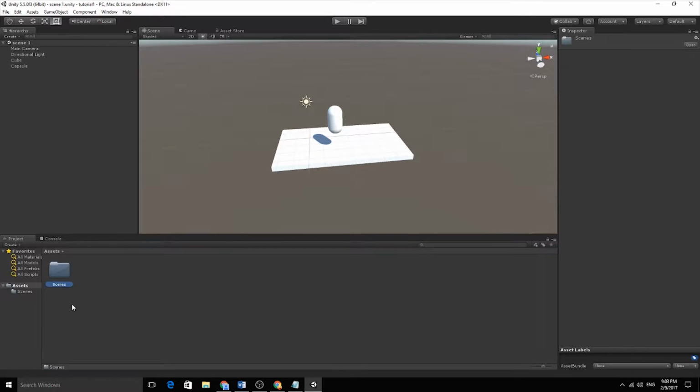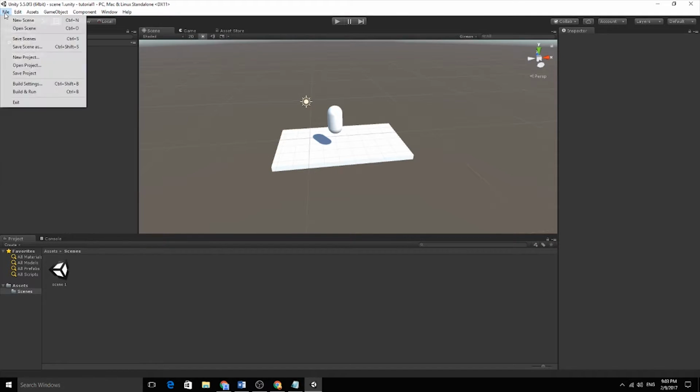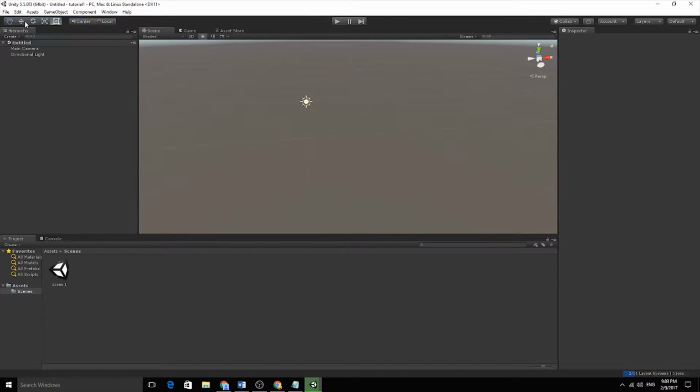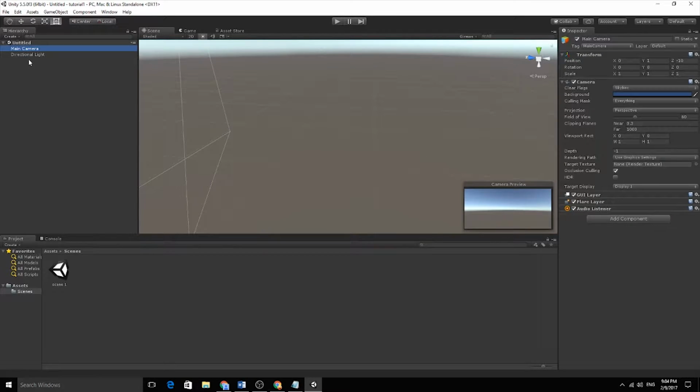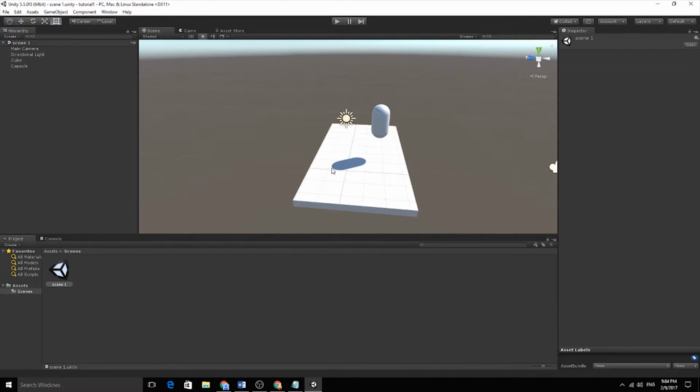So you can see that a folder just appeared in here. And if I go there, I will have my scene number one. So once we have this, we can just go to File and create new scene, and that's done. So we have a brand new scene with nothing in it but our main camera and the direction light. So we're gonna go back to our scene number one,